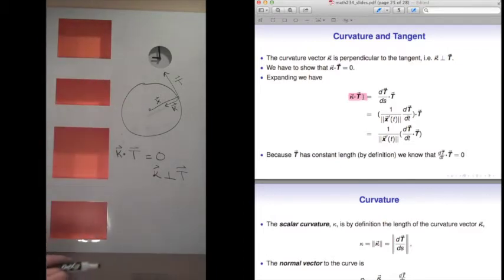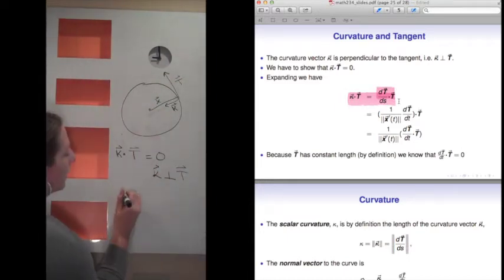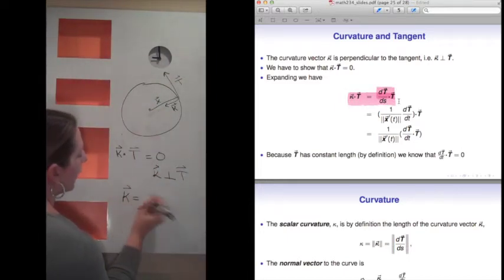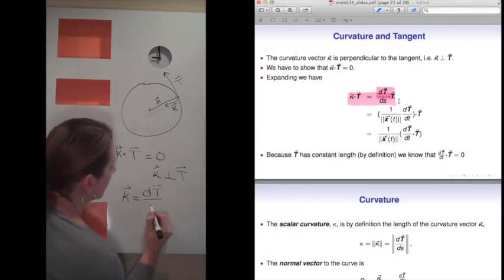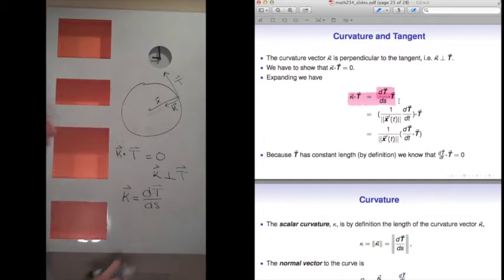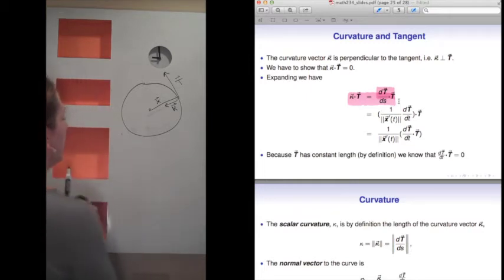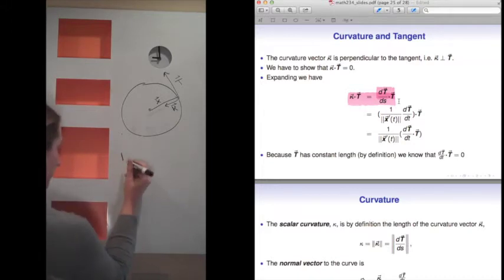And here we use the fact that kappa is equal to the arc length derivative of the unit tangent, right? So we already saw that earlier. So we're just going to take now a dot product of,